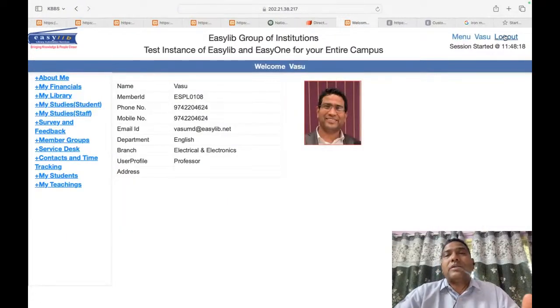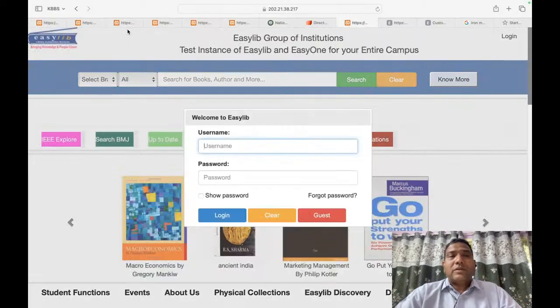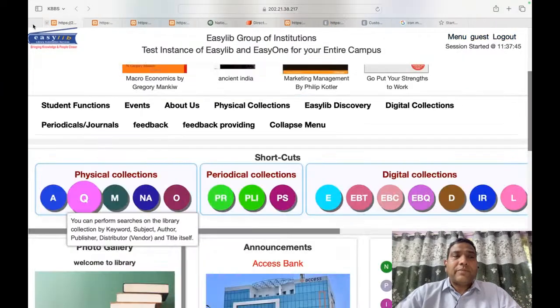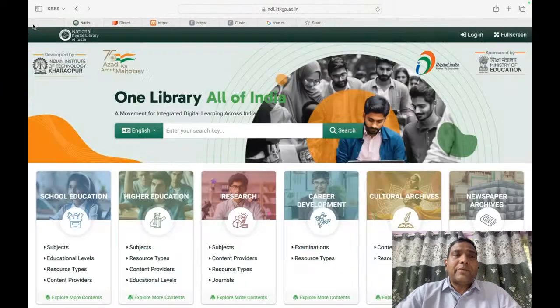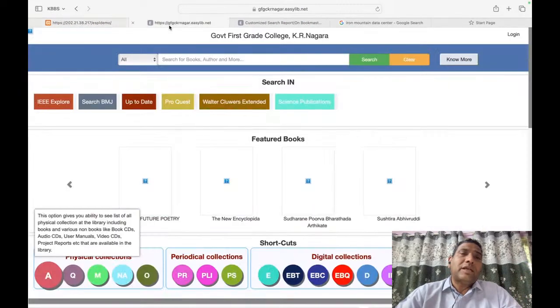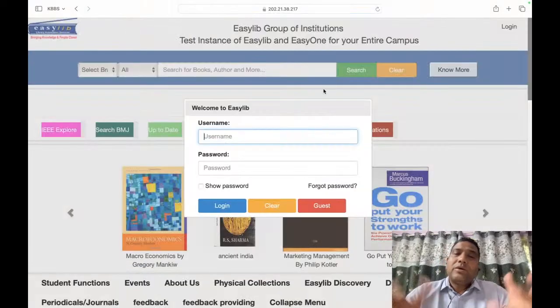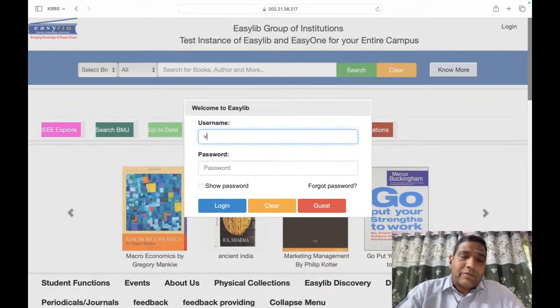Now let me log out as the student right now. Okay, so now I logged out as a student. So let me close all other windows here. The beauty is that it's all browser based, right? So there is nothing like deployment of Easylib on your local machine. Okay, it's all deployed already on our cloud server. So you log in